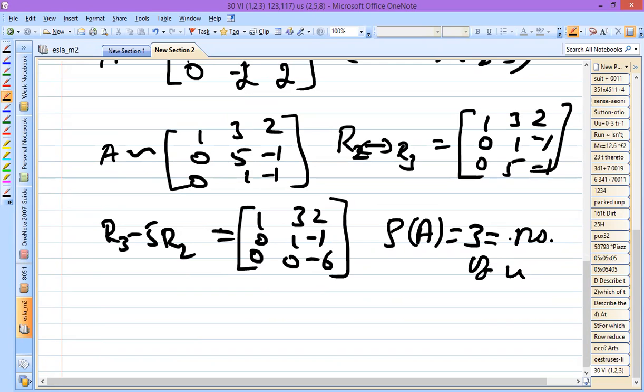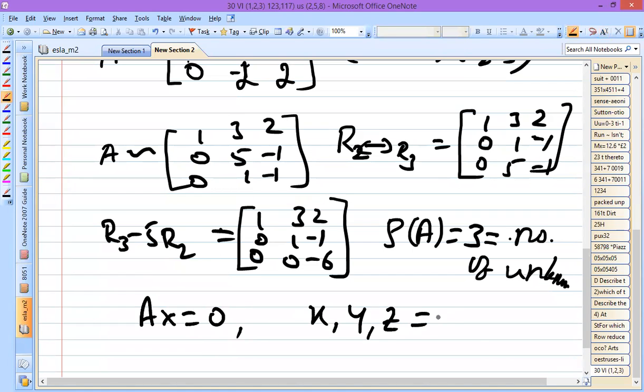So here you can mention which is also equal to the number of unknowns. You can make the statement that the system that is given is a consistent one. And also we will be getting the solution of Ax equal to 0 only when x, y, z are all equal to 0. Only in this case we'll have the solution for Ax equal to 0. Having this condition, we can make the statement that V1, V2, V3 are independent.